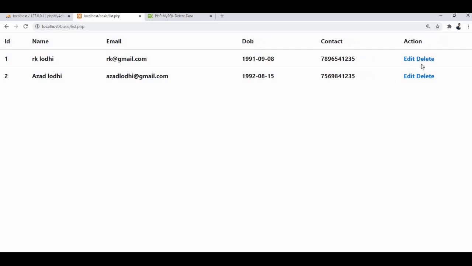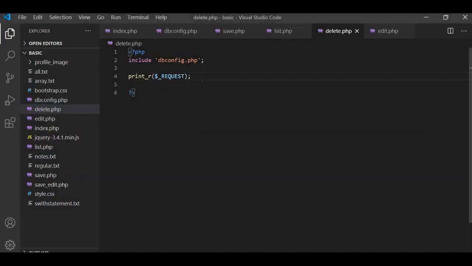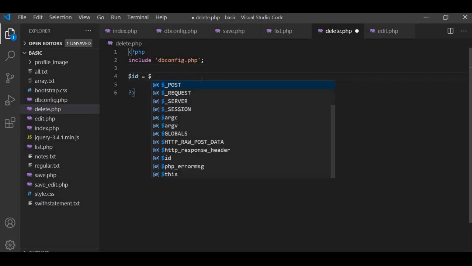So here you can see, guys, we have a delete button. Now we will click this, so it redirects to the delete.php file page and we have got id here. We are getting this id by the get method.